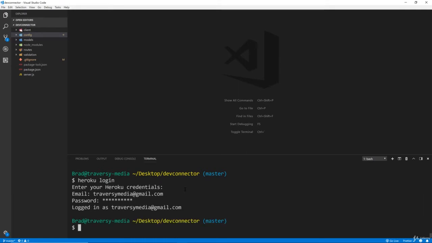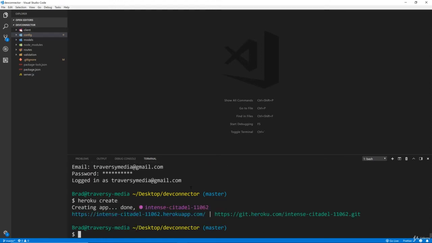Hope that's right. All right, so now I'm logged in, and now we want to create an application. So we do that with heroku create, and I should mention that you do need Git installed. So if you're using Git Bash on Windows, you have Git installed. Hopefully you have it installed if you're on Mac or Linux as well. I'm sure you do. All right, so what we've done is we've created an app in Heroku, and you can